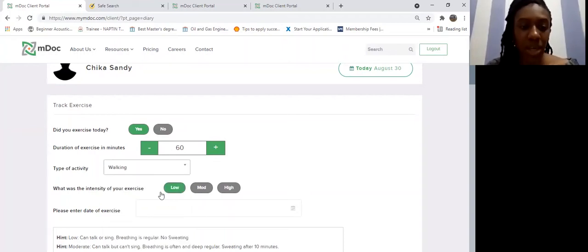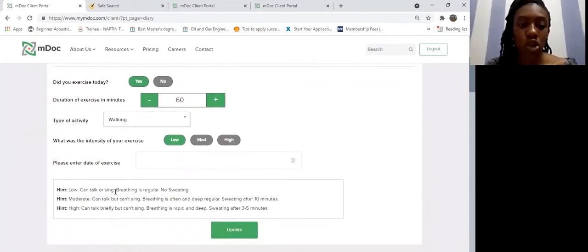I just select that. And for the intensity of your exercise, we put a guide here to help take you through what is low intensity, moderate or high intensity exercise. So this depends on whether you're able to talk, or if you couldn't talk, or you could talk but you couldn't sing, or you could talk briefly, and how your breathing was and whether you're sweating. This just helps to guide you as to what kind of intensity of exercise you got involved in. So let's just say I did some moderate intensity exercise. I could talk, but I couldn't sing, and my breathing was a bit regular, and I started sweating after 10